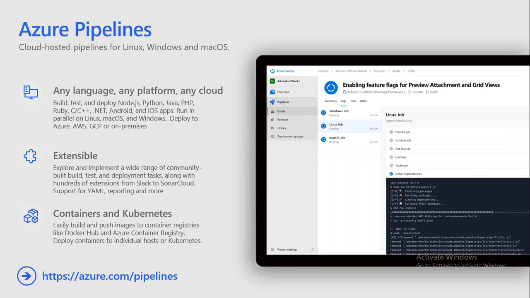From 2018 onwards, Azure Devops was introduced. Before 2018, when VSTS was used for creating CI/CD pipelines, it was supporting only .NET applications.